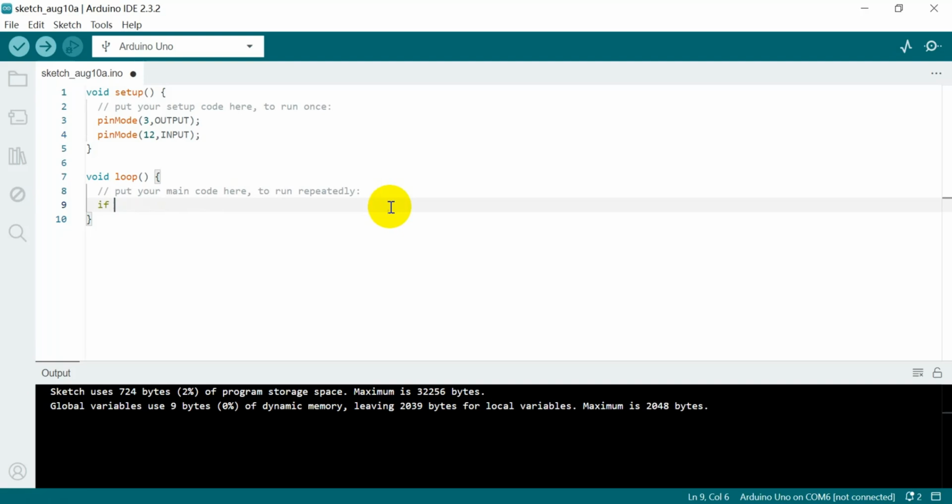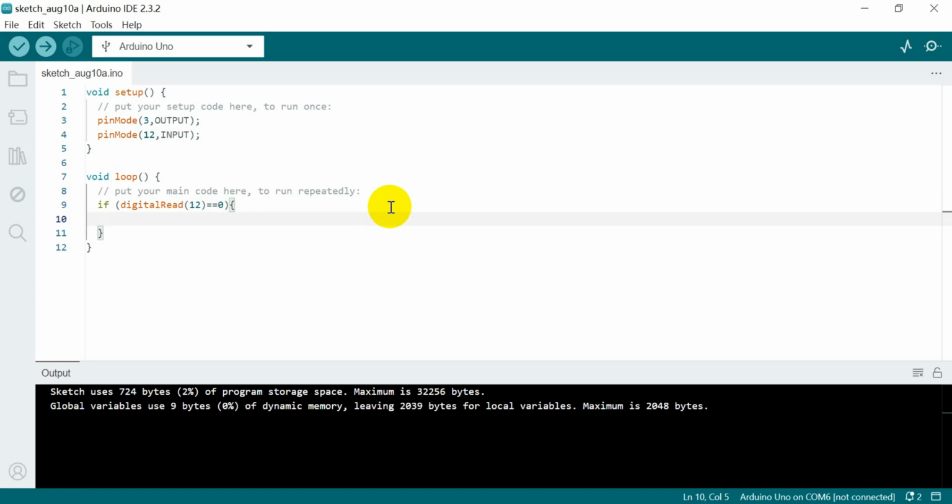We can do an if statement. If digital read 12. So if the button is pressed, it would be 0, and if it's not pressed, it would be 1. So if this is 0, which means if it is pressed, then we can